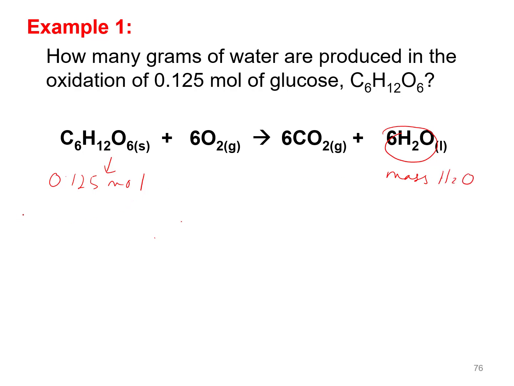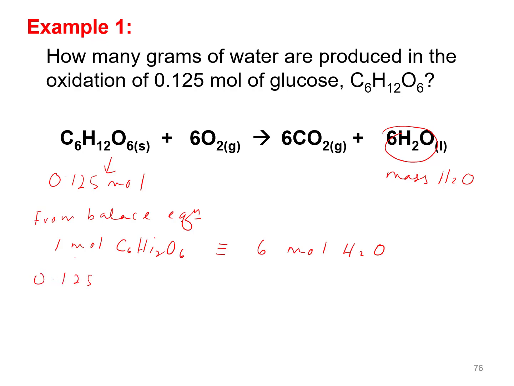So, if you look at the balanced equation, 1 mole of glucose, C6H12O6, will produce 6 moles of water. So, if we do have 0.125 mole of C6H12O6,